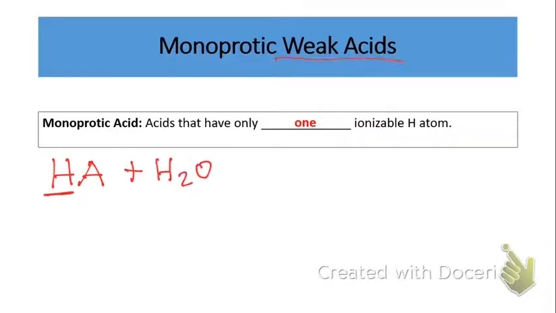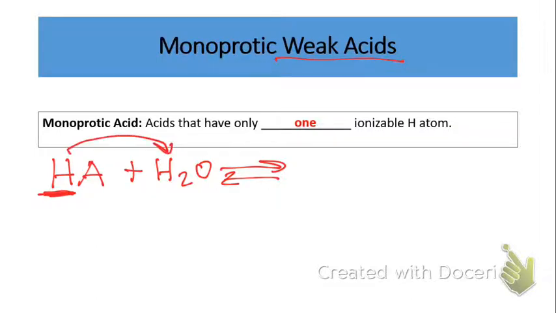And because it is a weak acid, this reaction is reversible. All weak acids, unlike strong acids, are reversible. Remember, a definition of a strong acid is one that completely ionizes or dissociates in water, and there's no reversibility. But with a weak acid, we actually have reversibility, and therefore an equilibrium can be established between the reactants and product. Well, if this is our acidic proton, that acidic proton is going to be transferred to the water,